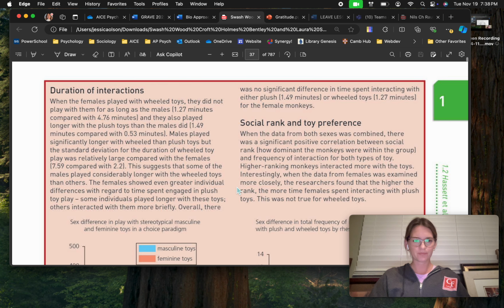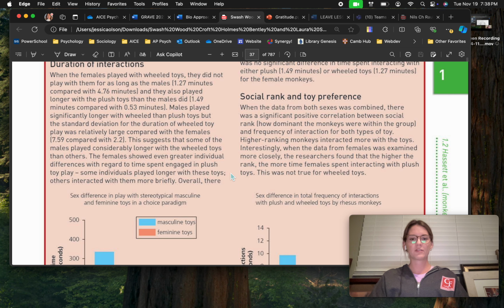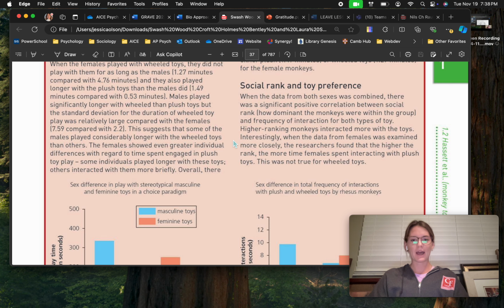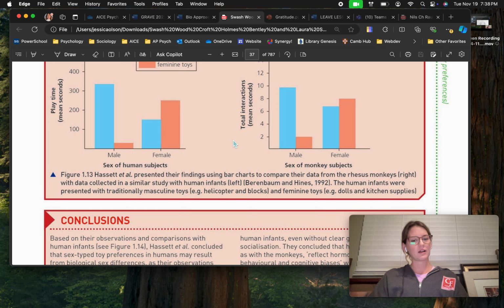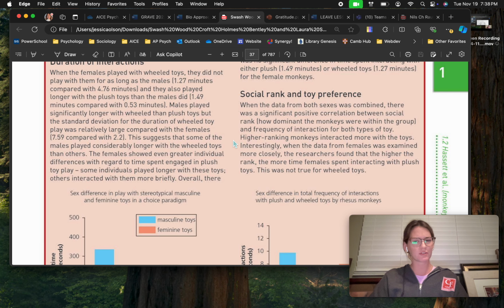Okay, here it is. So, I'm going to let you just go with the duration so we can move forward. But social rank and toy preference. There was actually a correlation with social rank and frequency of interaction for both types of toy. Higher ranking, I'm going to need you guys to fact check me on this, but I'm pretty sure this was only found